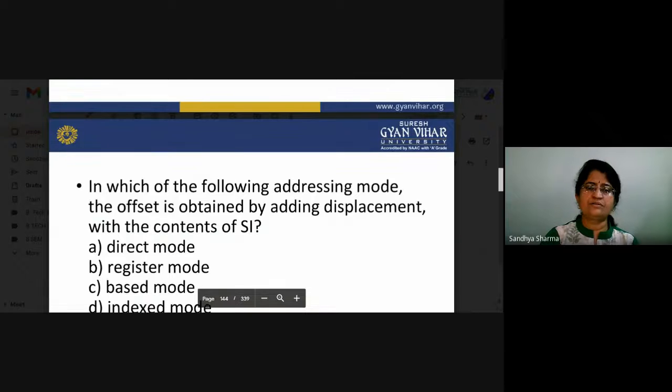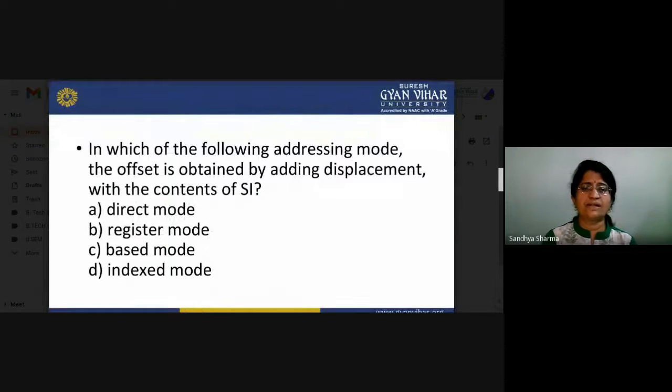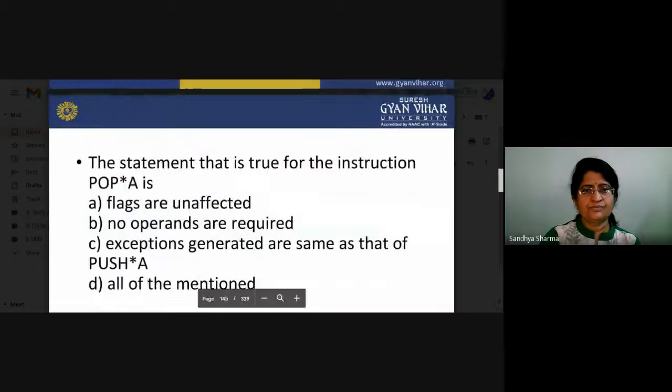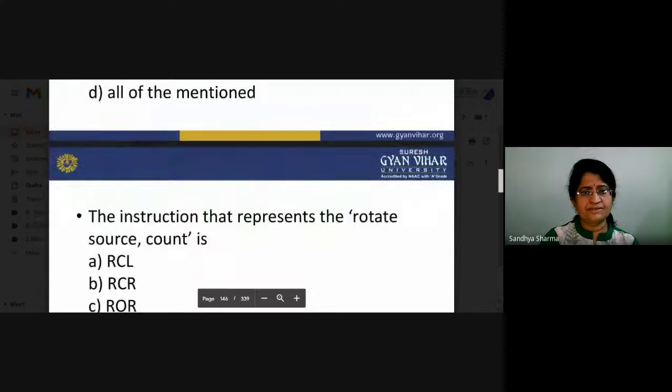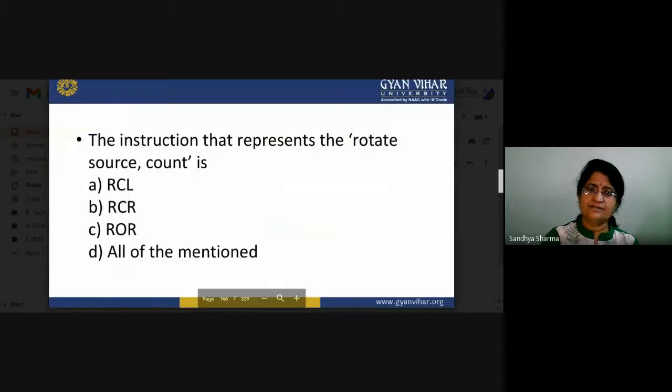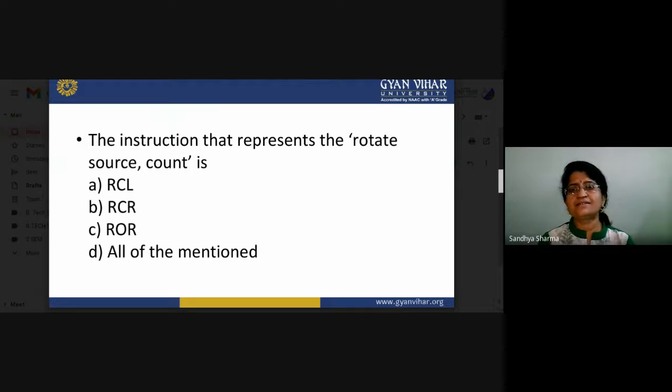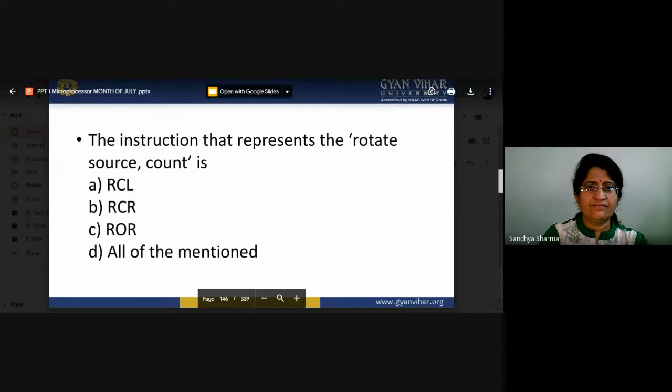In objective questions you also have to know what type of addressing mode we are working with and what the basic theme of our addressing mode is. You can also learn what the pop and push instructions are. In further lectures we will also cover some important instructions, push and pop, and we will start these instructions by making some small programs, then it will be much clearer to you. So okay, thank you.